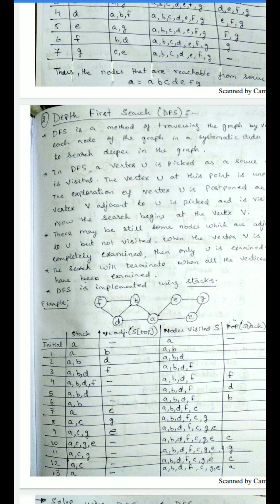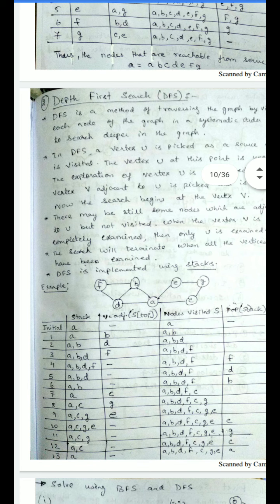Next, from D I can visit F. F is the visited node. Next, the topmost element is F. Nodes visited are A, B, D, F. Similarly, with A, B, D, F all the nodes are visited. Next I need to move to E. How can we move? I'll be popping out F first.